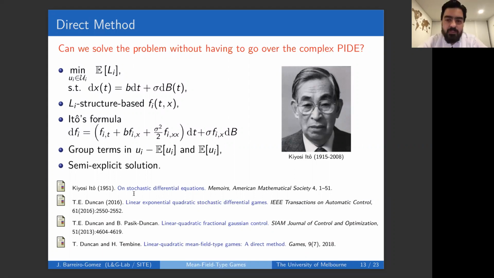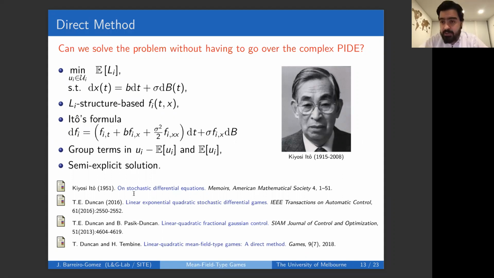So I summarize here the different steps we have in the direct method. First of all, we have the mean field type problem. Then based on the structure of that cost and also based on the structure of the system dynamics, we have to propose a guess functional. We have a problem there because we need to find an appropriate guess functional. In some cases this can be made easy, but in other cases, it might take longer. Then with this guess functional, we apply Ito's formula, and then we can identify those terms that are